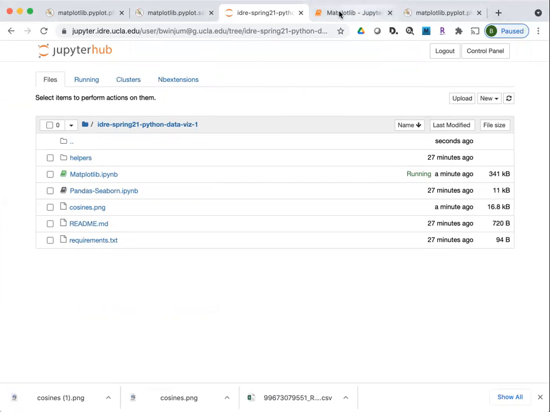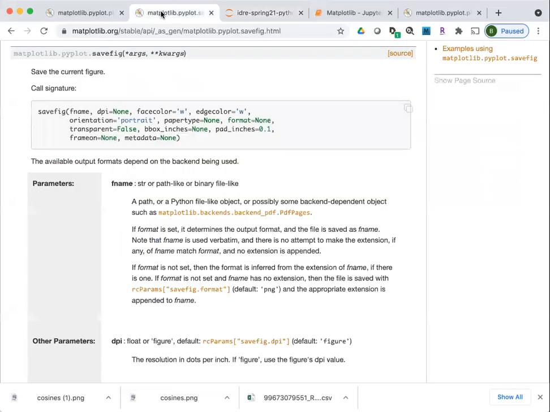I'm not sure about PDF actually, but let me hide my video controls here and show you the documentation for Savefig. I'll just post this here in the chat window if you actually want to look at it yourself. These are the different parameters that you can pass into Savefig. There are a variety of different things that you can tweak here. I haven't actually tried to save it in something like a PDF format either.